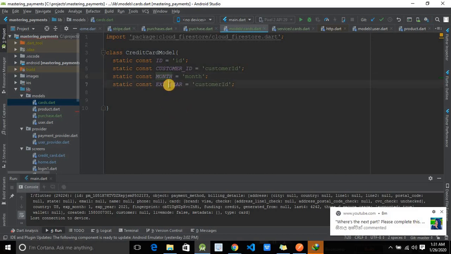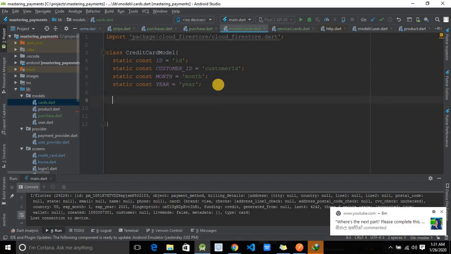We have month there and we have year. Here we have expiring year. Good, perfect. Now, what are we going to do here is basically,